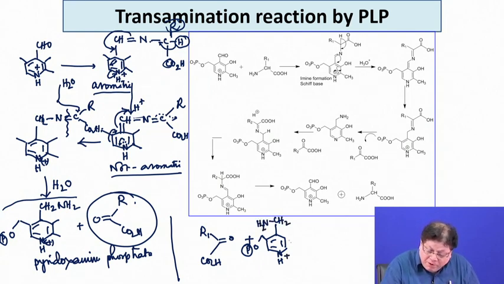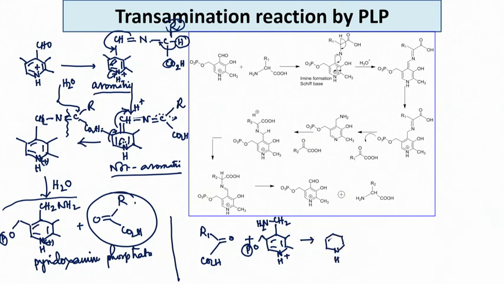Now, that will form again the imine, another imine with the new alpha keto acid, that was your substrate, your starting material. So, this will form H2 and then N double bond C R1 CO2H, that is your starting R1, it comes from the starting alpha